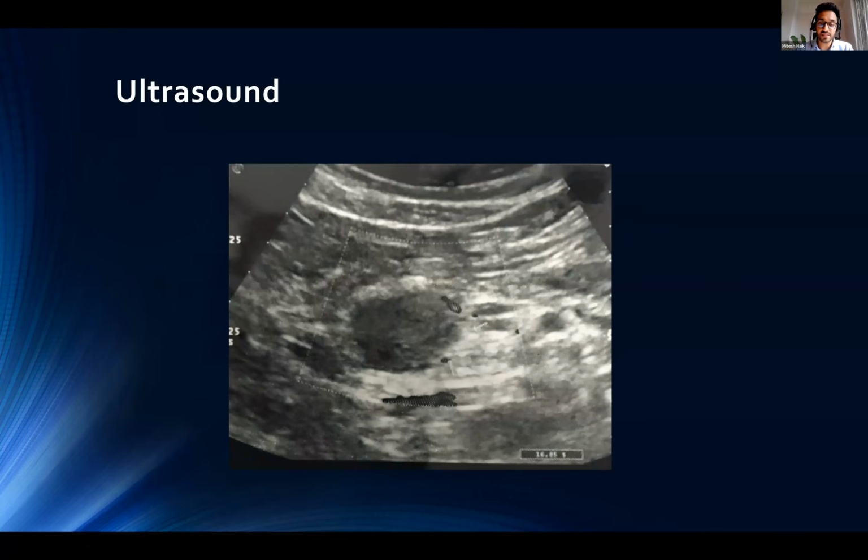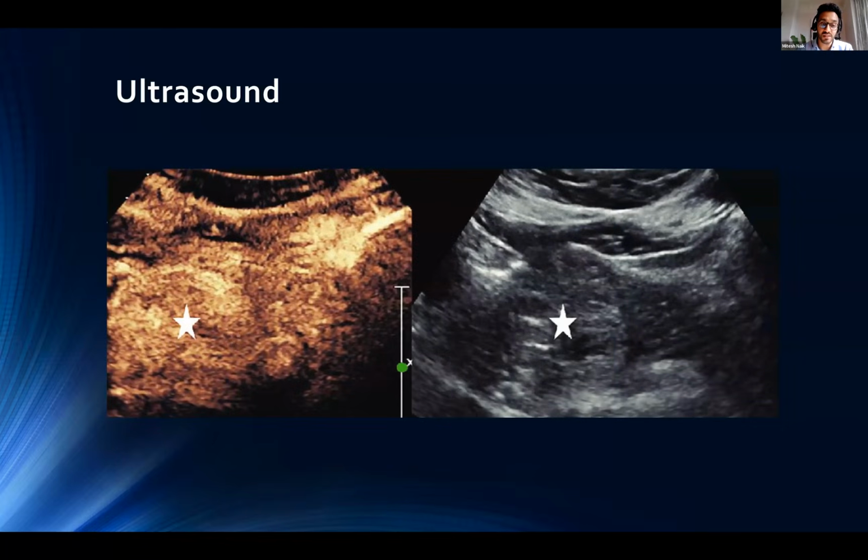So there are a couple of examples on the next few slides. This is an example of a pancreatic neuroendocrine tumor in the center of the screen, so a round, uniformly hypoechoic lesion. And on the next slide, where the star is demonstrated, on the left-hand side, this displays contrast enhanced ultrasound, which you may not be familiar with, but microbubbles are injected into the patient, and dynamically the patient is scanned. The yellow that you can see on the screen is a depiction of blood flow, and so you can see that the lesion entirely fills in, and this is on an early set of images.